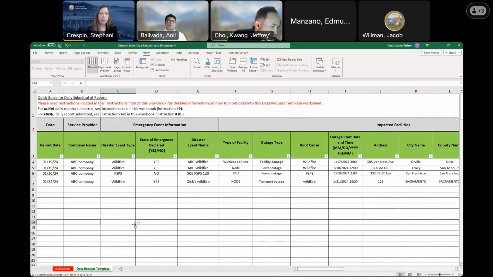So to summarize, if you have one facility impacted over 10 days, you do not want 10 rows. You want one row updated. Yes, just one row. Great. And then the date that's reflected in column A in that scenario where there are 10 reporting days, which date do you want in column A?